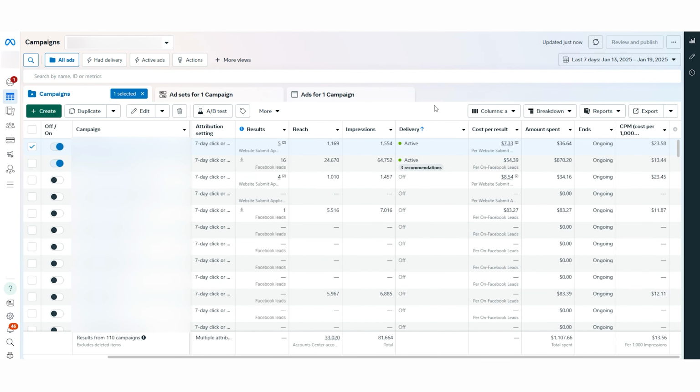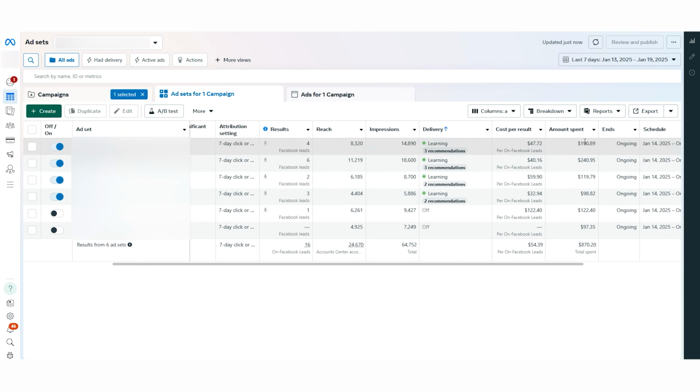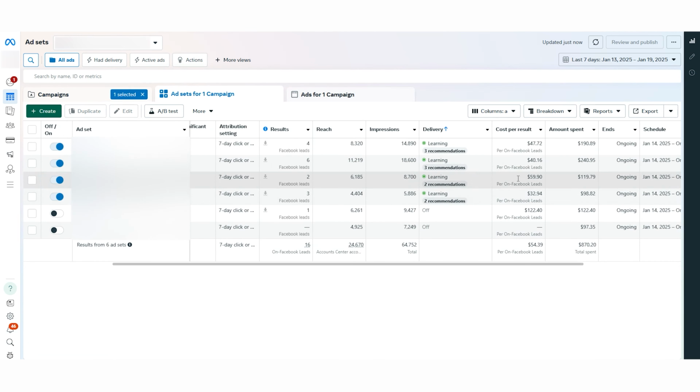Just one simple note on this account over here. This is lead generation, but still I want to point something out. So we're having this campaign. We are optimizing for leads and stuff. The cost per lead is fine if we're here. This one is closed. This one is also closed with 97.